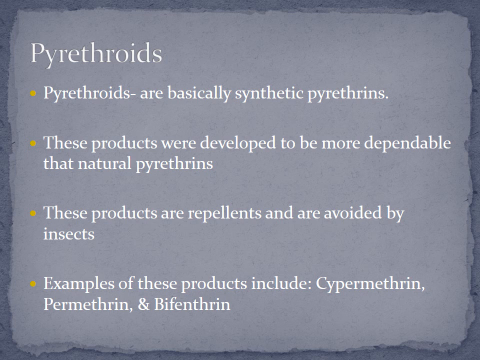And when I say dependable, obviously the natural pyrethrins can be very effective on insect populations. But when you have that other element of a synthetic product in there, there's another layer that the insect has to live through as they walk through these products. These products are going to be repellents and are avoided by the insect. So you really need to know the insect you're dealing with, and if they're a colonizing insect, if they're a solitary insect, how they work, because if you're dealing with a colonizing insect, I usually wouldn't suggest using a pyrethroid. You really want something that's a non-repellent they'll take back to their nest and kind of poison the whole colony